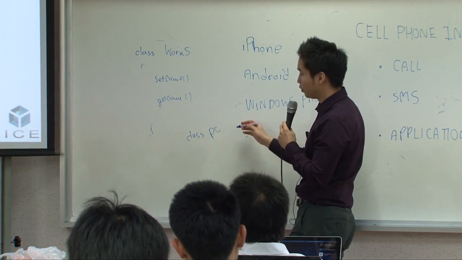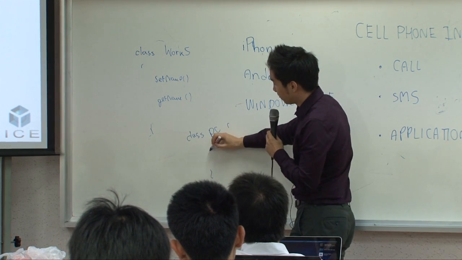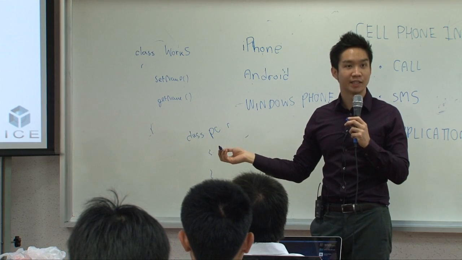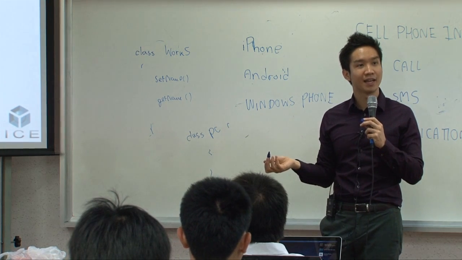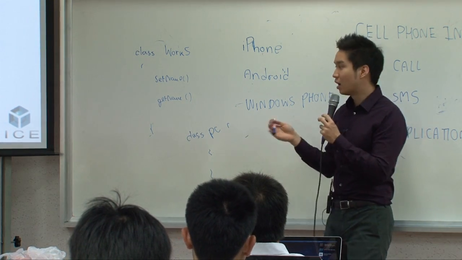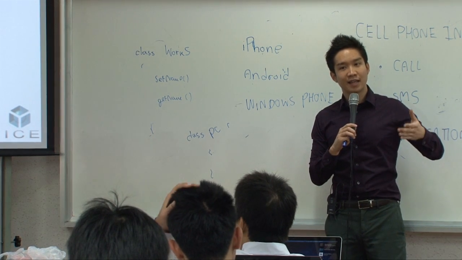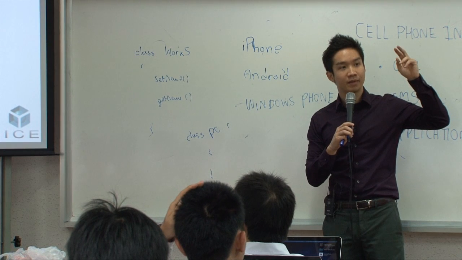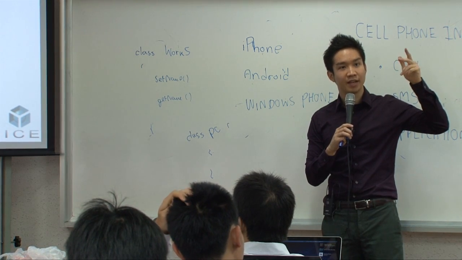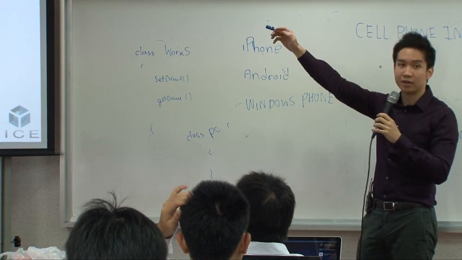So I'll just abbreviate it as PC. And I want it to be nameable as well. Like, I want to be able to name my class. So, like I mentioned in the previous slide, a way to enforce that the classes share the same characteristic, the same behavior, is to use the keyword interface,